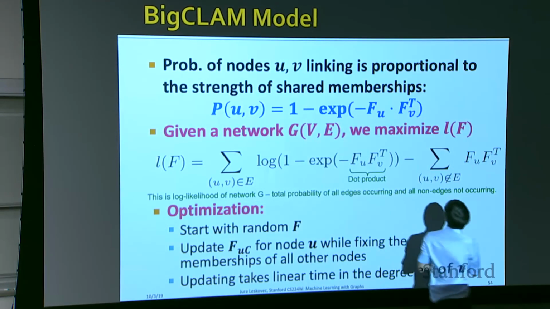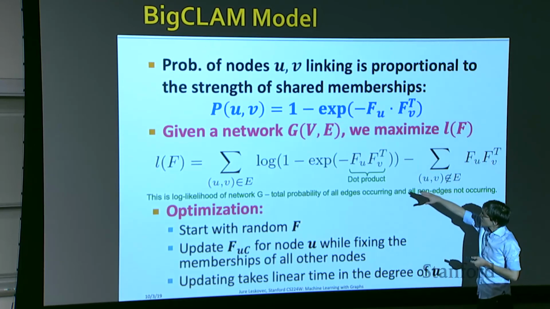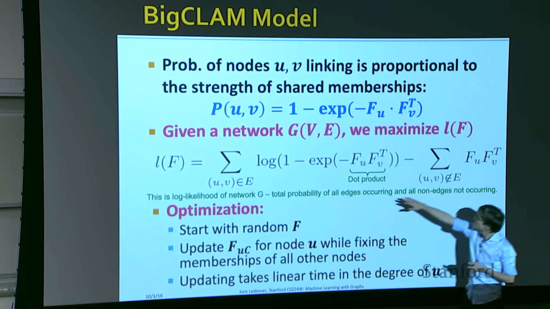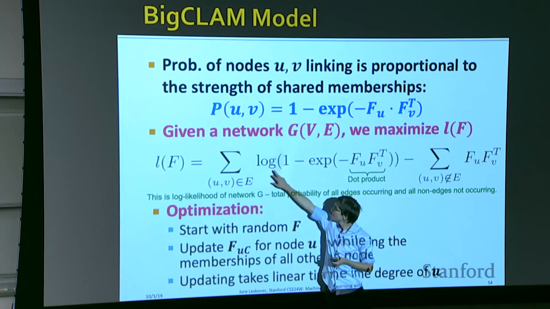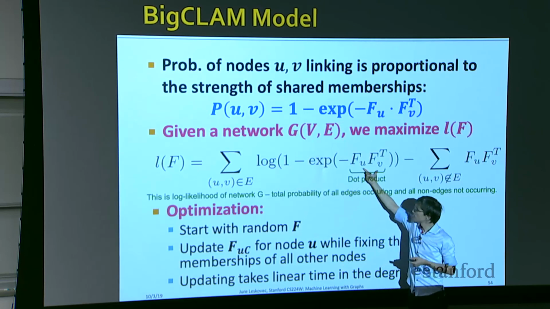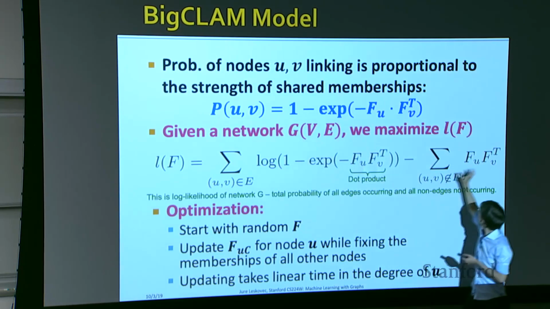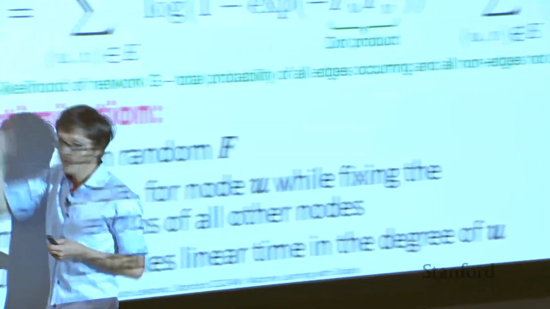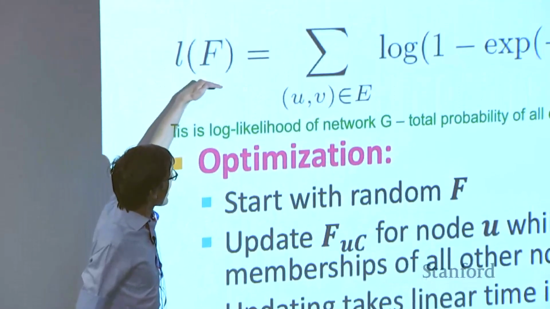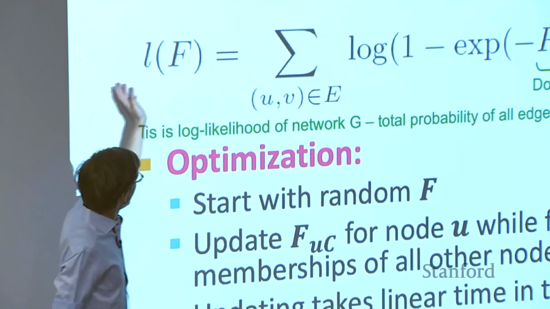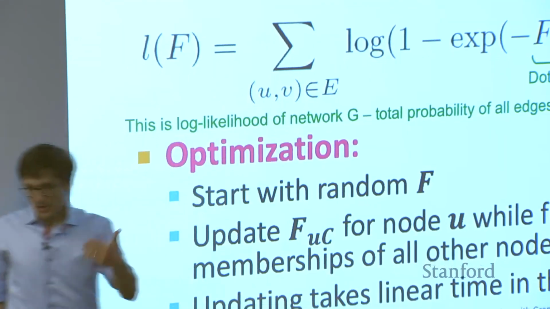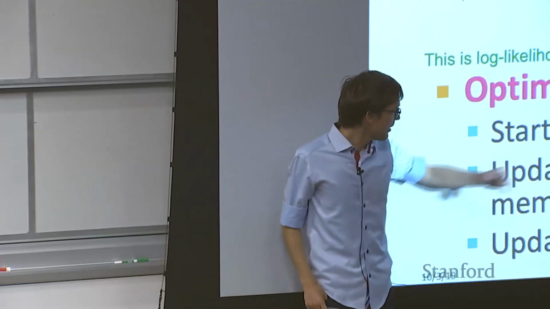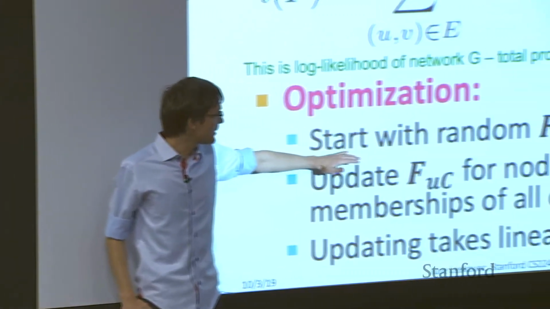And then on this side, I have the log of 1 minus the probability, and because I have 1 minus, the 1 will cancel, and then I have a log of the exp, which just means I'm left with whatever is inside, so that's why I have this here. Okay? So now I have the likelihood, and the goal is to find f that maximizes this total likelihood of a given graph. Given that I'm out of time, I will stop here, but the next slide explains how to do